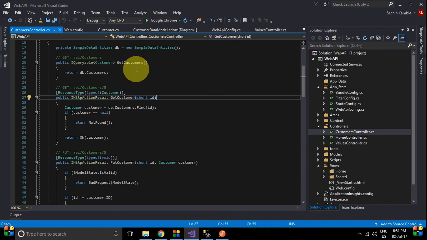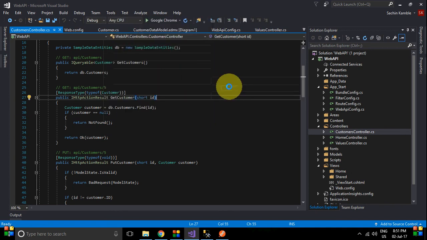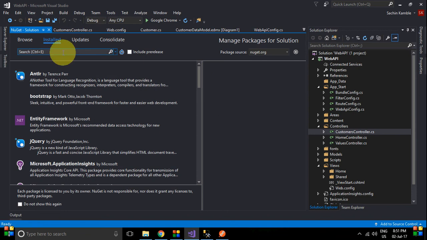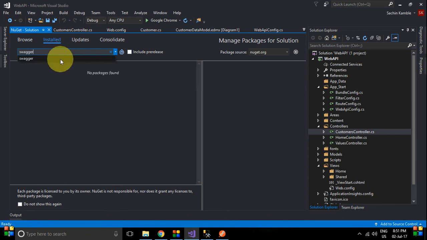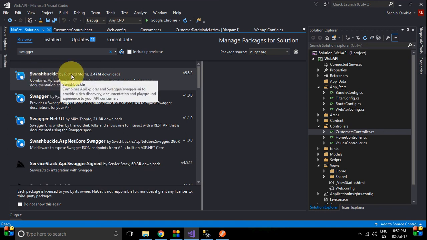One more thing we can use for testing purposes is the Swagger documentation. To use Swagger documentation, just go to Tools, NuGet Package Manager, and Manage NuGet Packages for Solution. Search for Swagger. So you can see Swashbuckle.